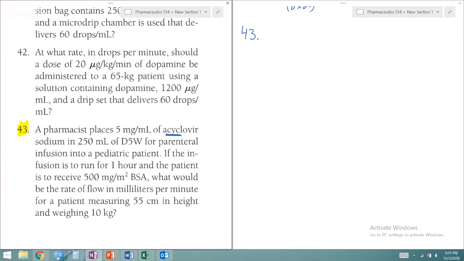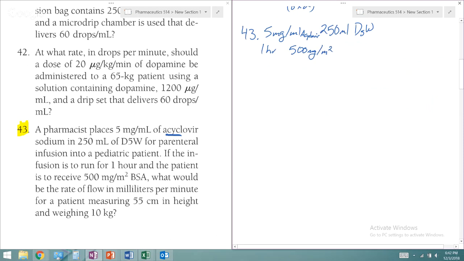So we first have to, let me write down everything. So we have 5 milligrams per milliliter. We're going to do 250 ml of D5W. This is acyclovir. We're doing this over 1 hour, and it's 500 milligrams per meter squared. And then this kid is 55 centimeters and 10 kilograms. Okay. So we're going to do both. I'm going to do it both ways so that you can see